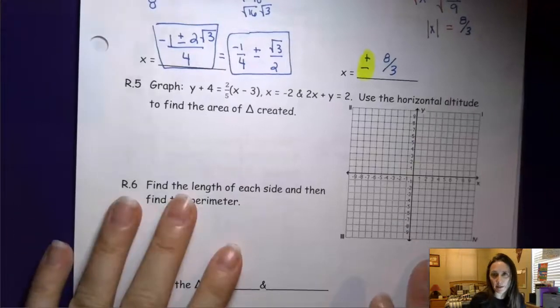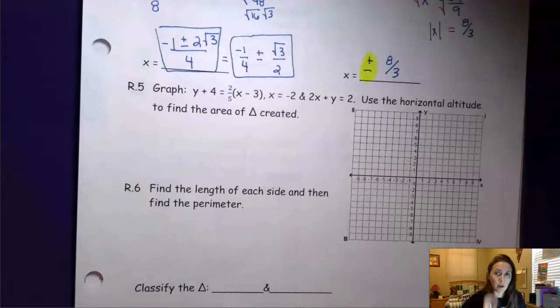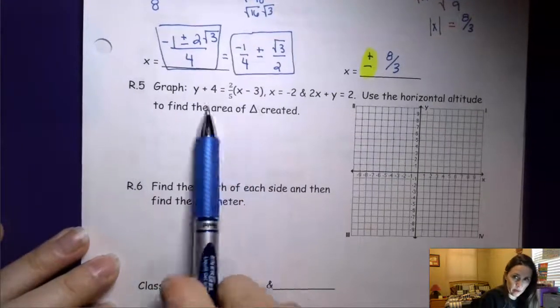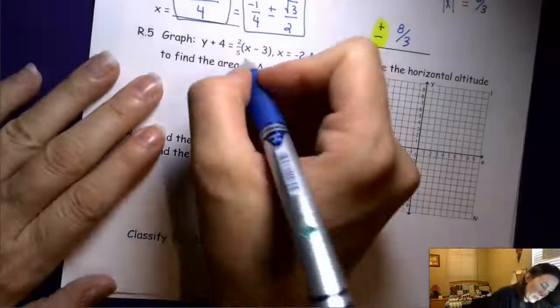Okay, now we're going to graph these 3 lines, find area and perimeter of it. I'm going to go ahead and talk you through these. Pause, graph all of them that you can, if you can do that first. This one is in point slope form, so you want to pick out the point first. The point I'm going to start with here,